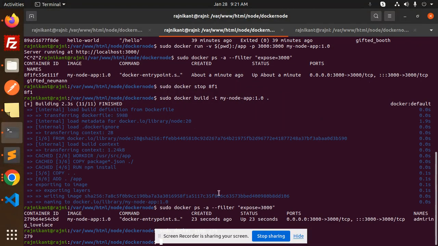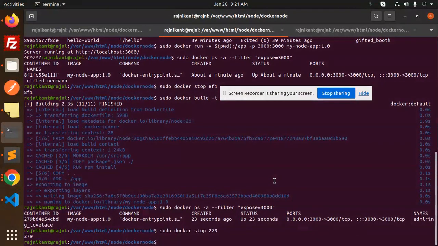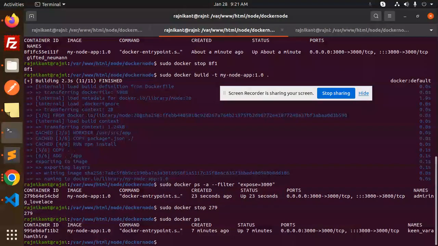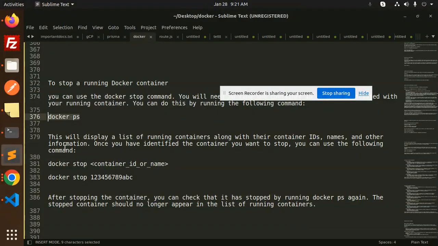So let me first stop this one. First of all, I need to run docker ps to find the running one. So here you can see that the running one is this ID. So I get the ID. Let's copy this ID. This will display the list of the running containers along with their container IDs, names and other information. Once you have identified the container you want to stop, you can use the following command,